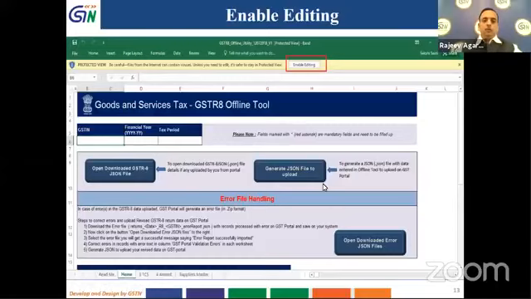If you see, the Excel utility opens like this. Right at the top it gives GSTR 8 offline tool. Here you will have to enter your GSTIN, your financial year, and the tax period for which you are filing. Currently you will be using 2018-19, and the tax period for which you will file will be October.